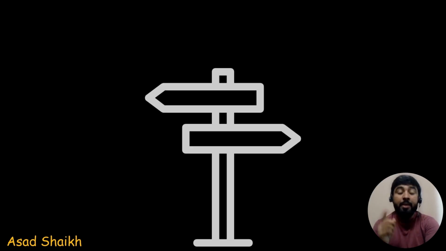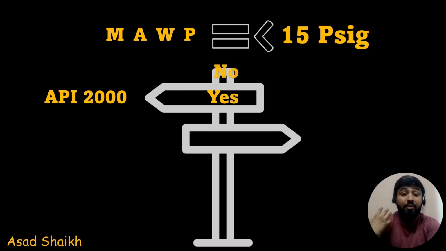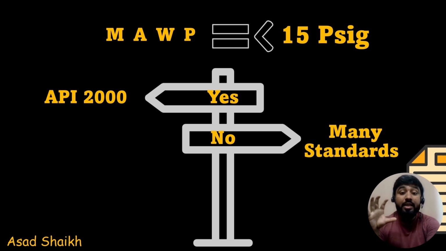Decision tree. So when you start with understanding relief valve standards, first you see whether the maximum allowable working pressure is less than 15 psig. If your answer is yes, then you will go for the API 2000 standard. Simple, clear, no more questions. If it is no, then you need to use your brain, and there are a ton of standards which we